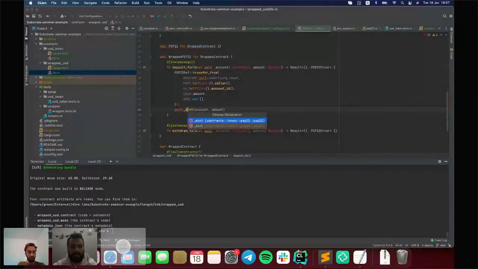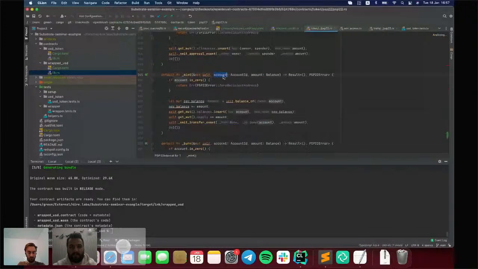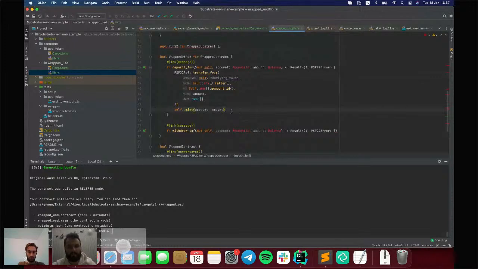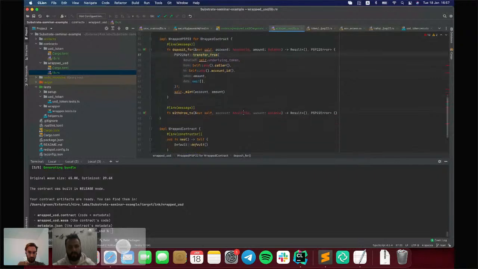The mint function's first argument is the receiver of tokens, and the second is how much. Okay, so that is the full implementation of that method. We transfer tokens from the USD contract to the wrapped contract, and then we mint a new amount of wrapped tokens for that account.